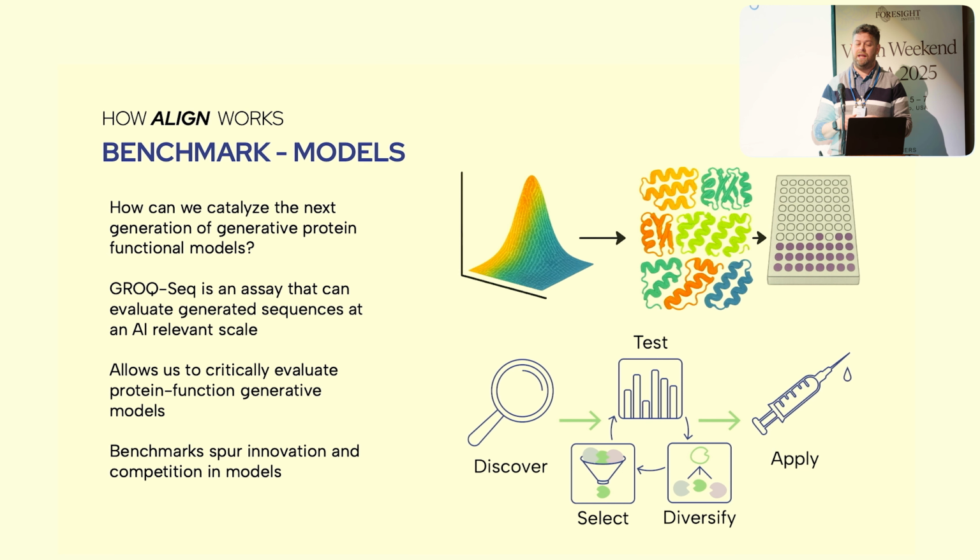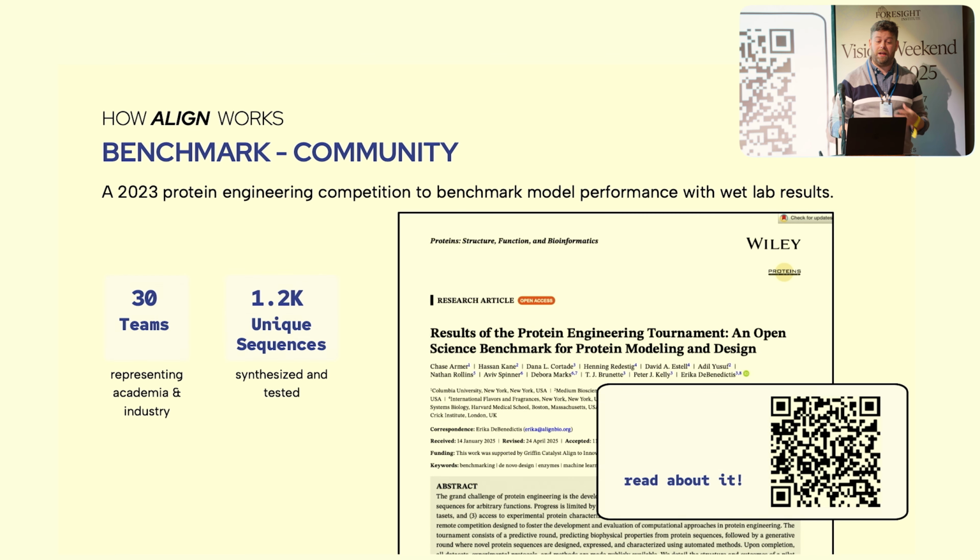Our hope with this is that this spurs innovation and it spurs competition. It allows people to come in with new, innovative, sometimes crazy ideas for how to redevelop models for generating protein function, and then compete against whoever they want and see where they fall. It allows more innovation in the community and allows us to build a community. In addition to the benchmarking, community building is another aspect that we see as pushing forward and catalyzing protein generation.